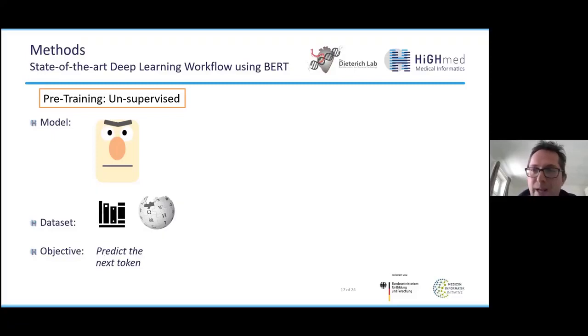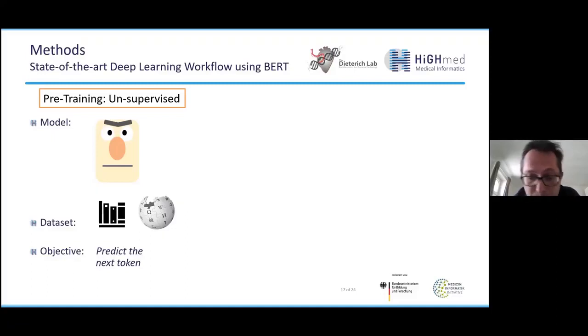And now you're training such a model with the objective of a language model. Very simply spoken, this is something like predicting the next word given an input sequence. So if you have the input sequence "Joe Biden is", then the task of the model is to predict "president", for example. So this is a language model objective. And this can be easily done. You don't need annotations here. You just have to input the whole text.